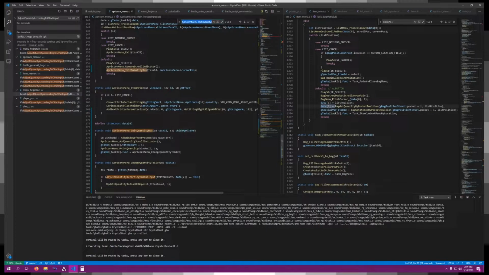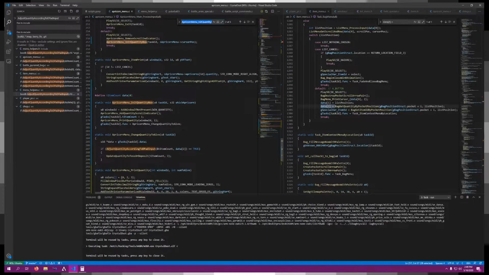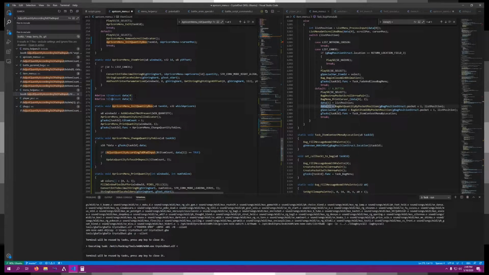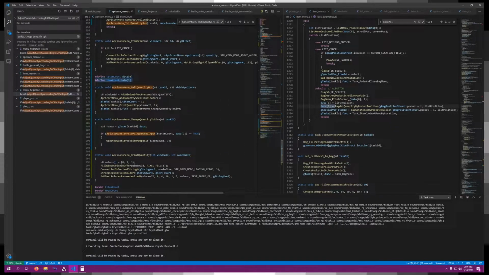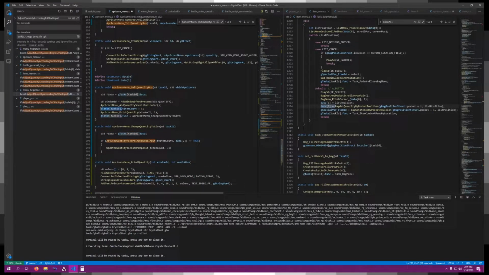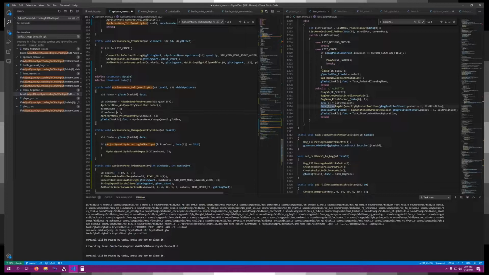Quantity box, switch Apricorn, we'll just do that. And then I guess we'll set up T max count as data 1. T max count. T max count. And then, oh no, I should probably just do this again. See, it makes things so much cleaner when I do. T item count and then T max count is,